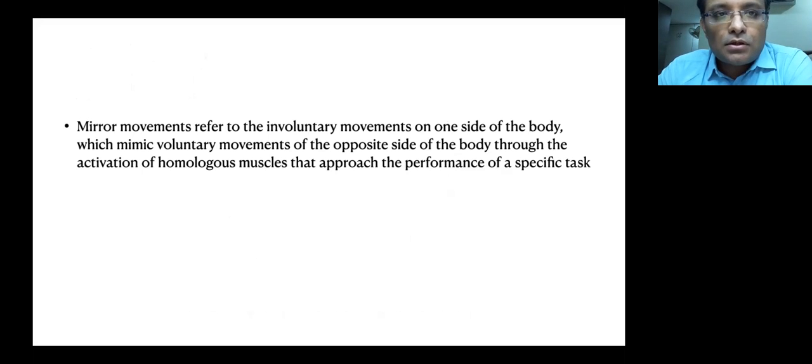mirror movements refer to involuntary movements on one side of the body which mimic voluntary movements of the opposite side of the body through the activation of homologous muscles that approach the performance of a specific task. So it's kind of a very busy definition, but it practically covers almost all the relevant points regarding the mirror movements. That it's basically involuntary movement on one side, which mimics the other side through activation of homologous muscles. Basically,